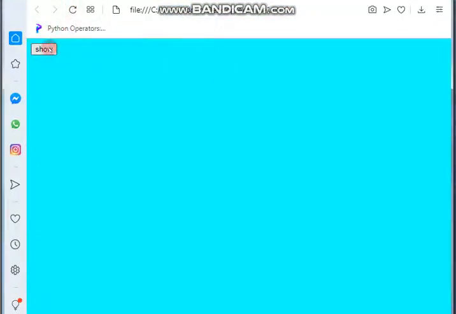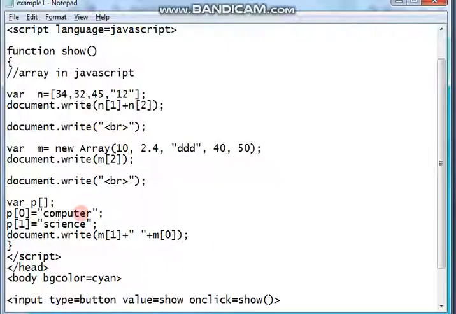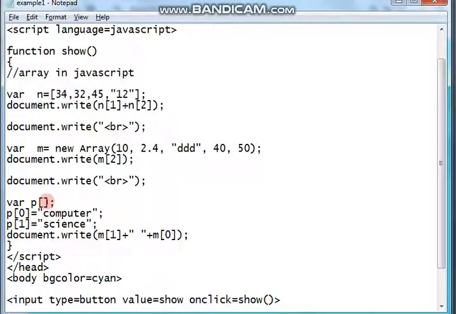Let's see how it is coming. No, there is some error that we made, just check please. We have declared here the variable p with square brackets. So what is it showing? Coming to the browser, we can check. Yeah, it's not printing anything. It means we made an error here. So how can we declare this? Now p equal to new Array. Fine, new Array, then vacant. Then I made it free. So let's check now.